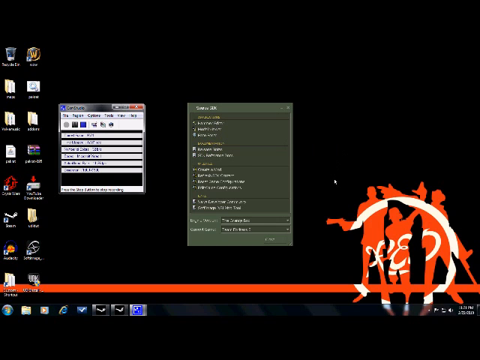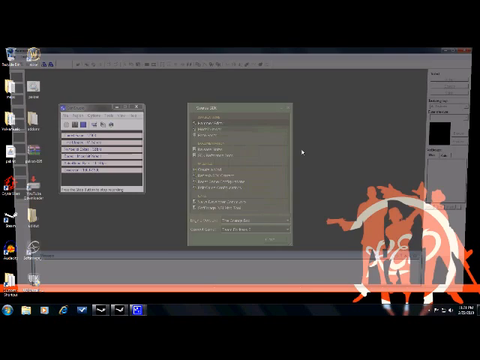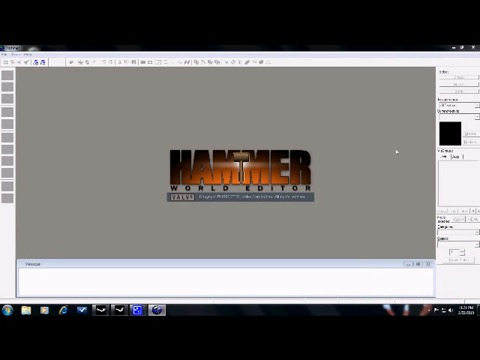Now first you have to make sure it's been set up right, so in Engine Version we're going to select Orange Box from the drop down list, and then for current game we're going to go with Team Fortress 2, and then we're going to run Hammer. Alright, so here we go. And Hammer is going to start up,